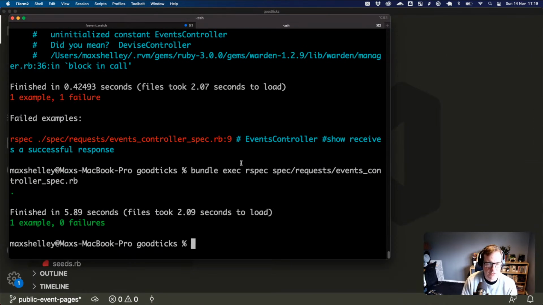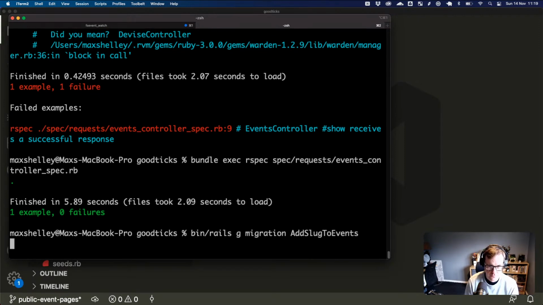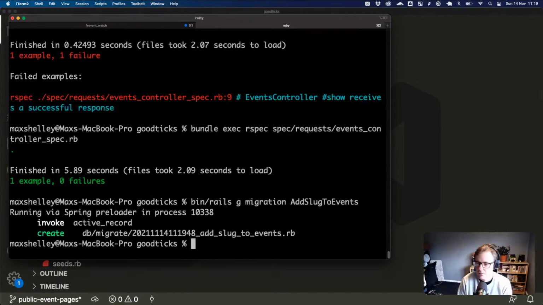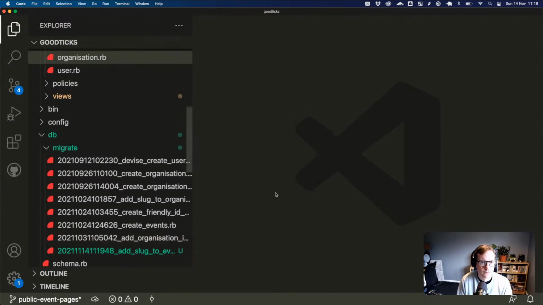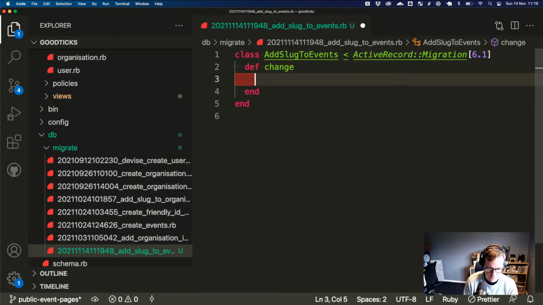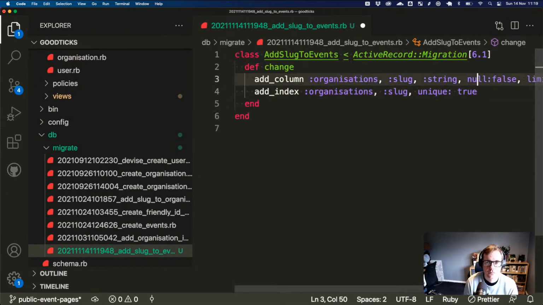Let's create a migration. So we are adding to events.